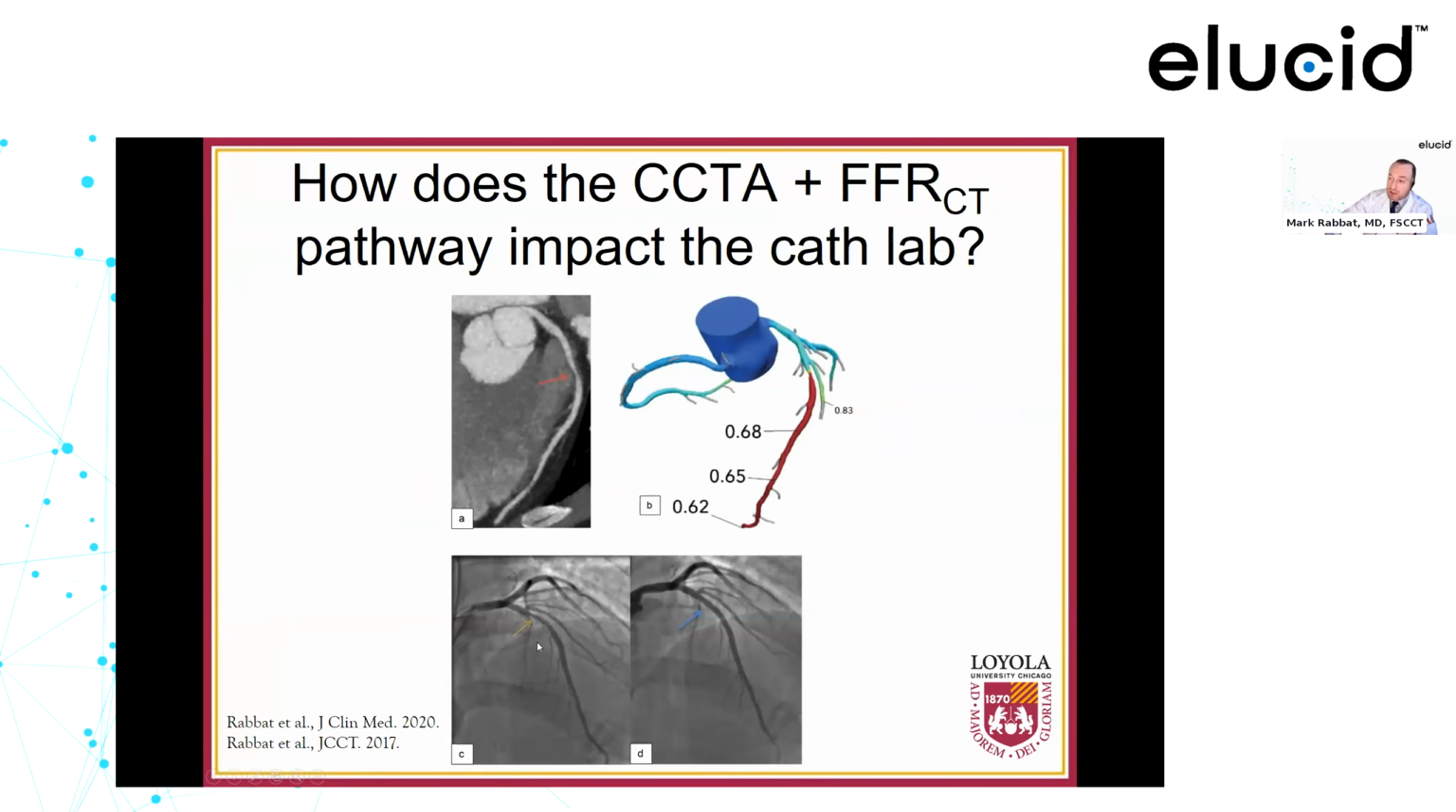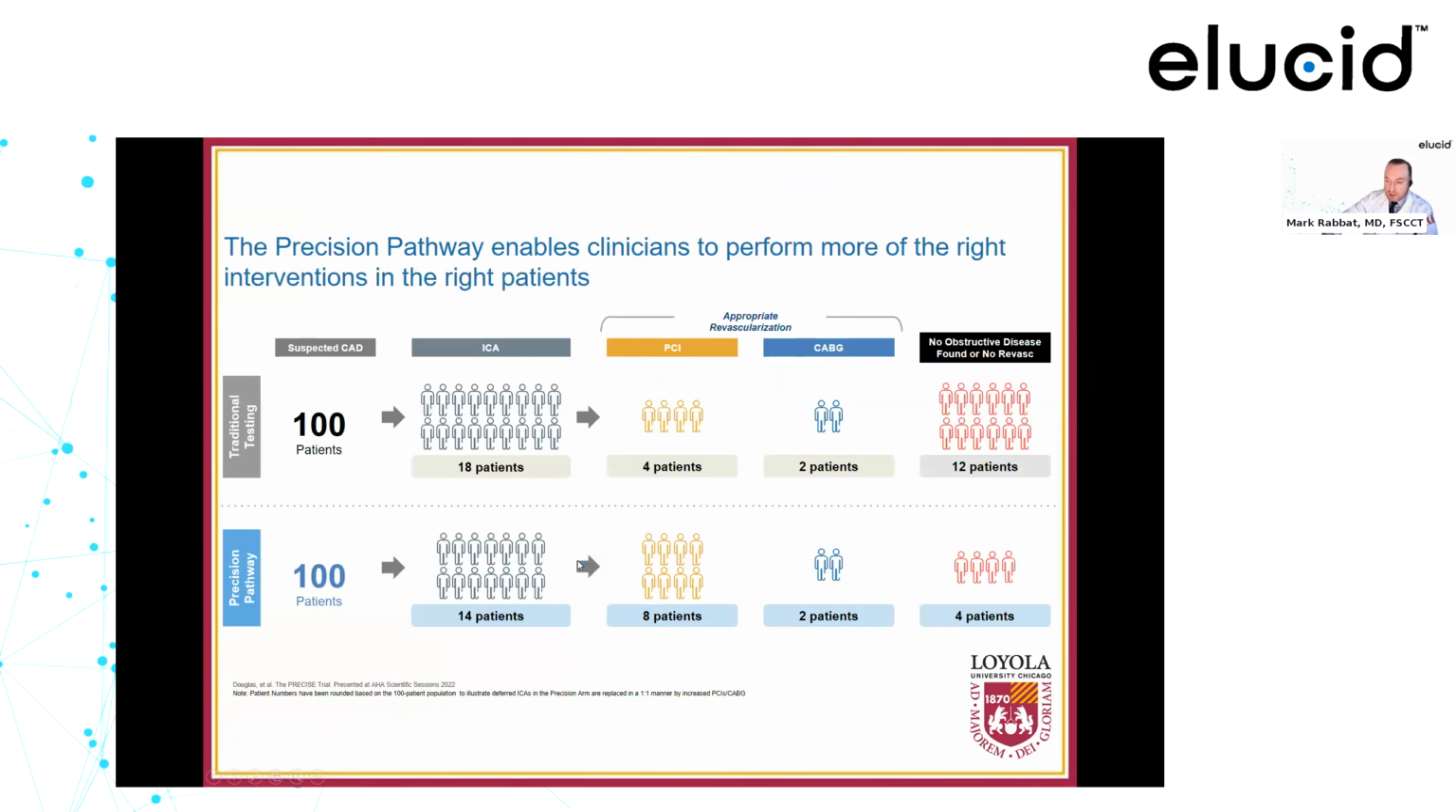In the bottom left image, this is the invasive coronary angiogram that corroborated the CT angiogram findings, and in the bottom right is a post-PCI result with a resolution of the patient's symptoms. Now, going back to the PRECISE trial, let's follow 100 patients over their care journey through the cath lab,